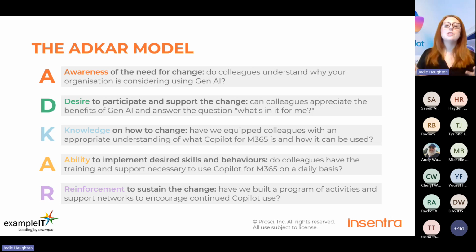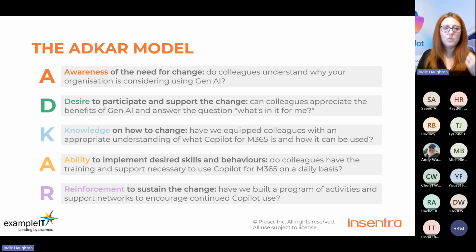And then knowledge, how to change. This is kind of the theoretical, okay, so this is Copilot, this is what it does. Then ability, so putting that knowledge into practice and helping colleagues to use Copilot on a day-to-day basis in their role. And then reinforcement, because we all know from beginning of the year diet and exercise programs or